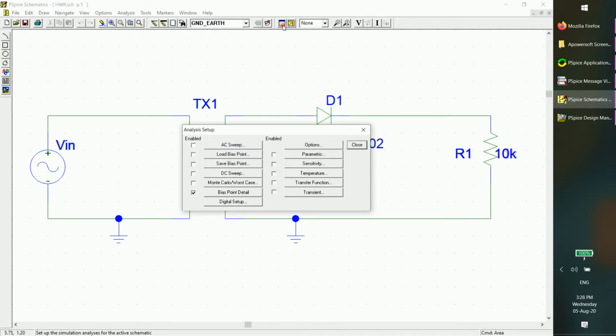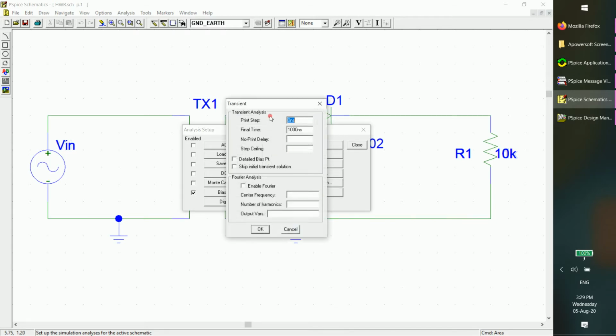We want a time response, which means I want the x-axis to be time. Otherwise, if you want to see the waveform, the x-axis should be time. For example, in the CRO, the x-axis is time. So with respect to time, we have the amplitude plotted in the CRO. Just to see a similar output waveform, let me go for time response. For time response, you should choose transient. Transient means time.